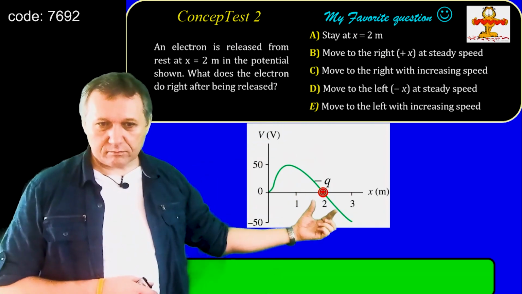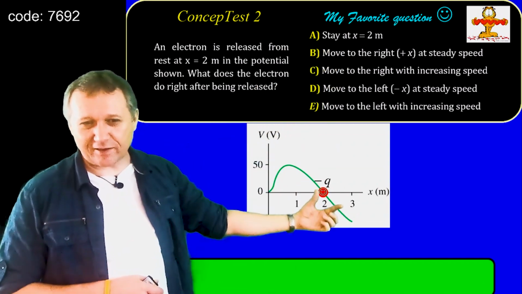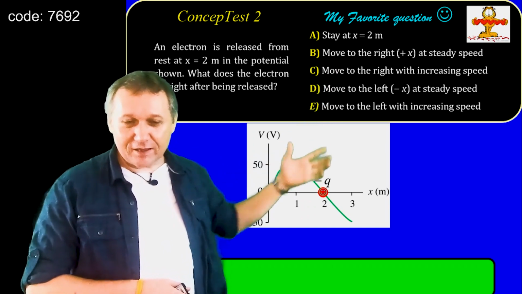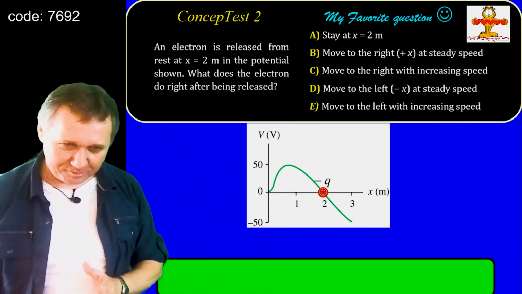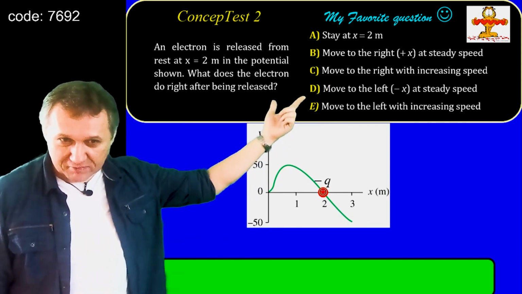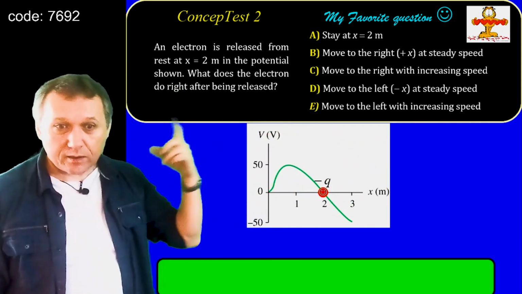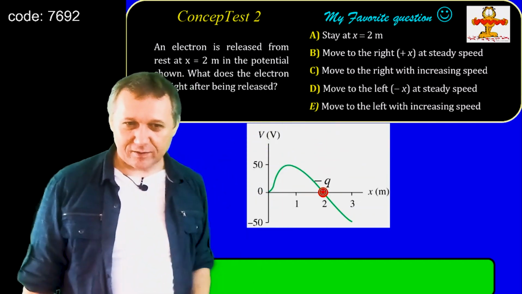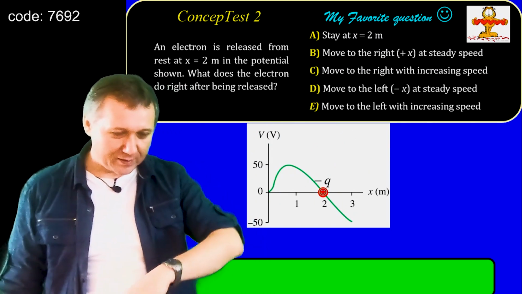Answers: option A, it doesn't care, it just stays at that point. Maybe, why not? B, it starts moving to the right with a constant speed. C, moves to the right with acceleration, increasing speed. D, moves to the left with constant speed, and E, moves to the left with acceleration. Okay,